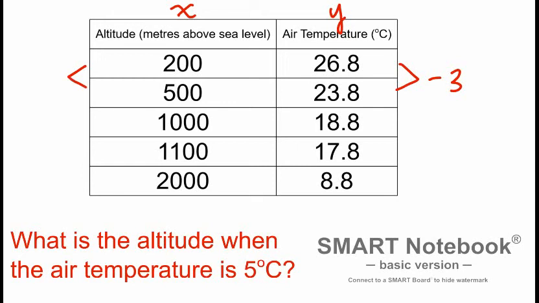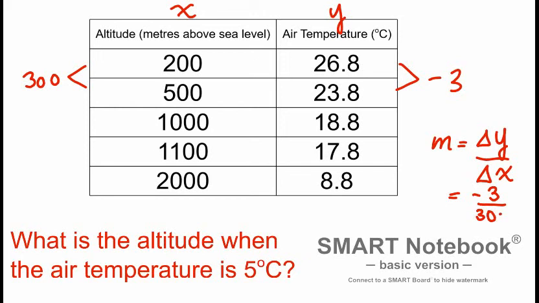So I notice that it's going down 3 degrees when this goes up 300 meters. And if over here I do a quick little calculation, slope equals the change in y divided by the change in x, which is one of our strategies or one of our ways of figuring out slope. Well, the change in y is negative 3. The change in x is 300. And changing that into a decimal, we get negative 0.01